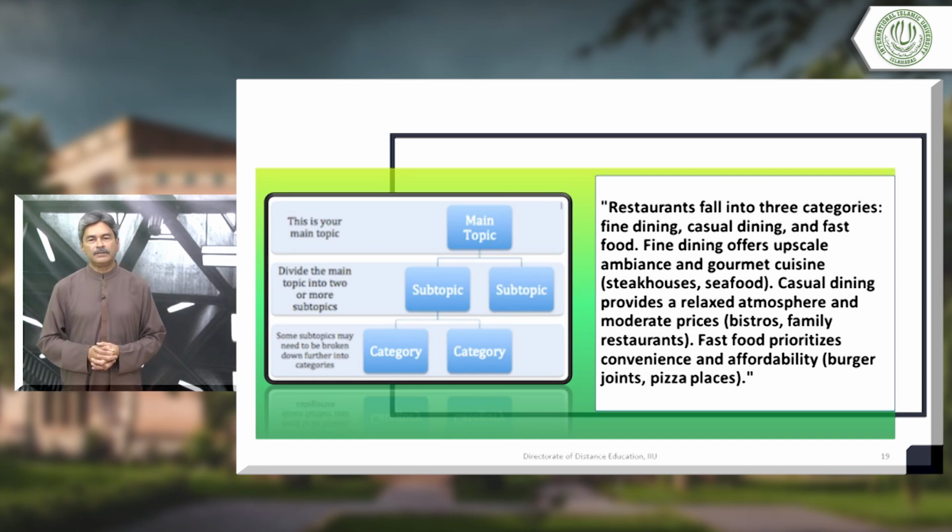Then fast food prioritizes convenience and affordability, and that includes burger joints or pizza places.